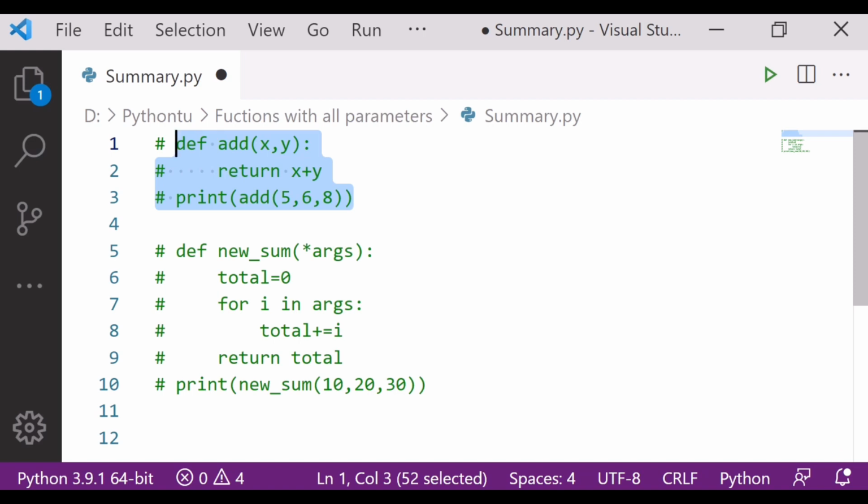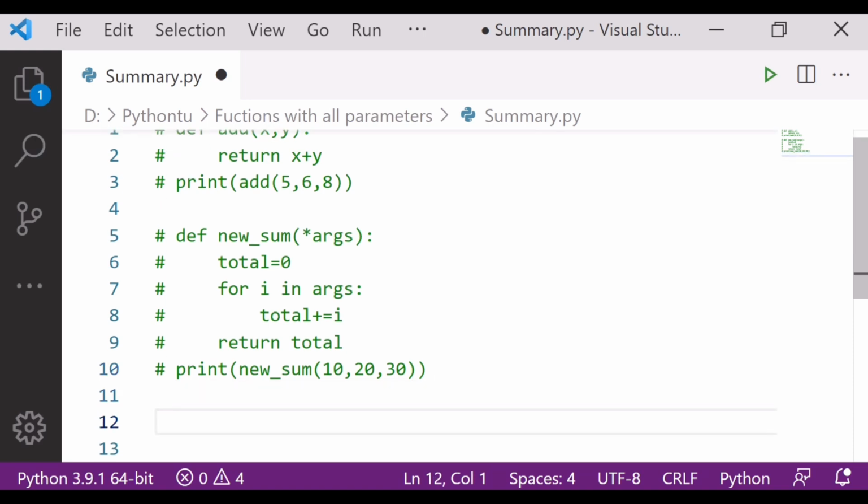The second thing is that it is possible to use args and a named variable together. Yes, of course it's possible. So how to do that? I told you the order also. But before moving to that, I simply want to tell you how to use kwargs. Now we'll talk about kwargs over here. So let's see kwargs.